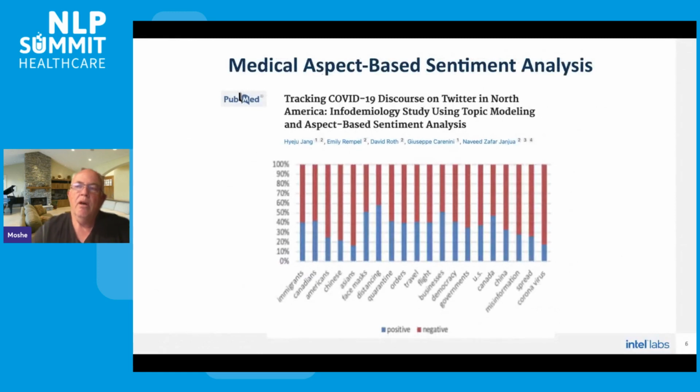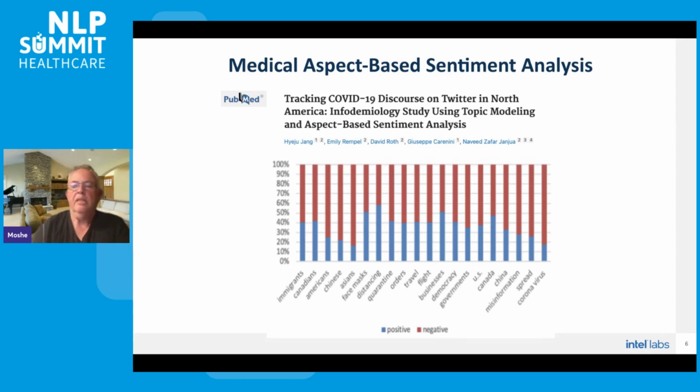As I mentioned, in our recent release we also contributed aspect-based sentiment analysis. You can see here an example tracking COVID-19 discourse on Twitter in North America. What we are interested in is finding the positive or negative sentiment on specific aspects in those tweets. So, how many sentiment reactions there are about, for example, specific travel or orders or specific countries. So not just understanding the statistics of positive or negative sentences, but also understanding what they are saying